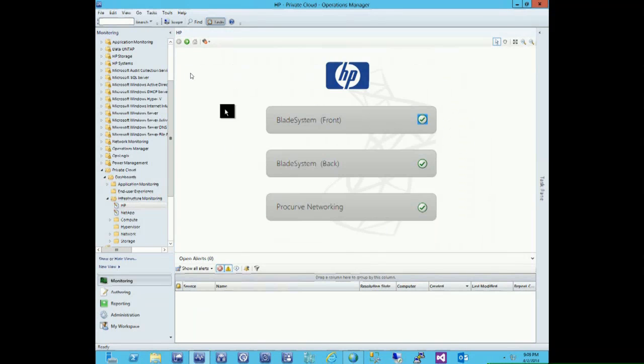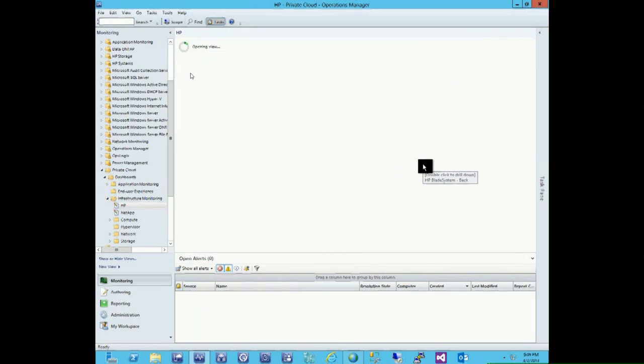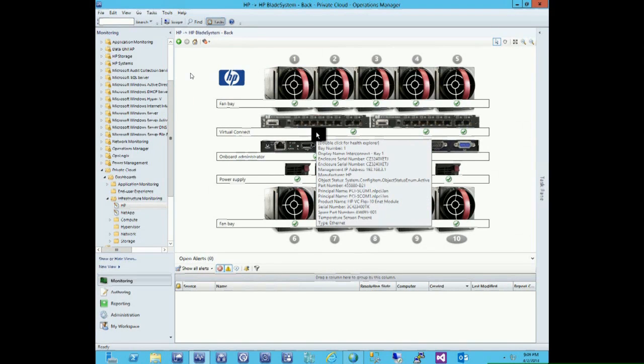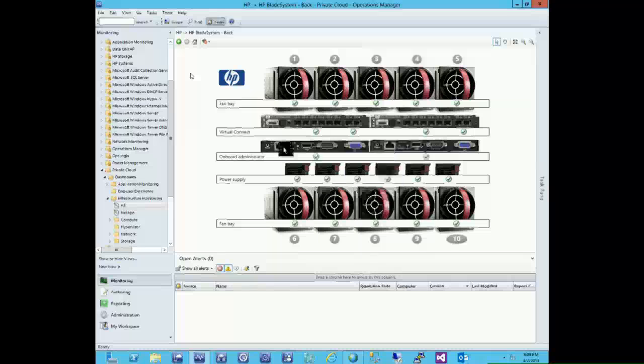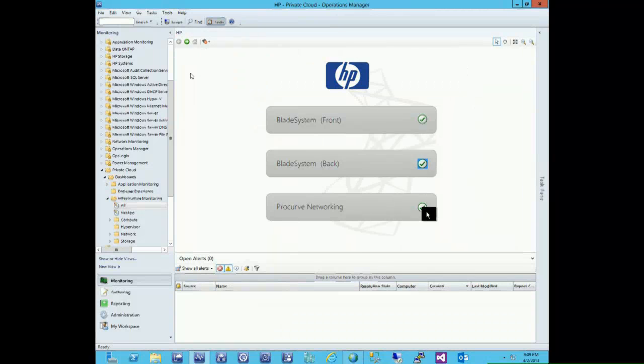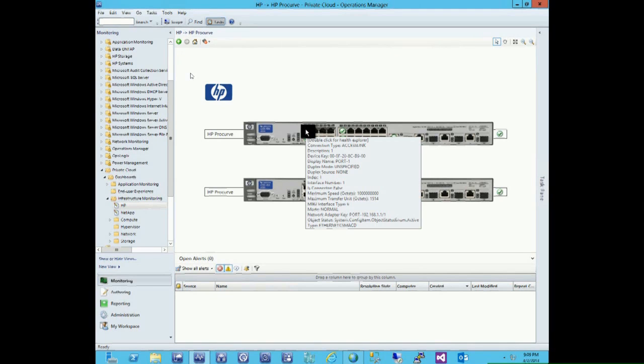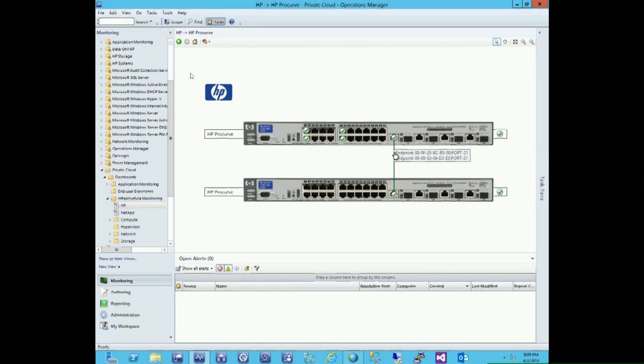And we can have a look at the back of the blade system, see about the virtual connects, the onboard administrator, the power supply, and I've just used images from the HP website in combination with Live Maps to create the background, and the states are actually live from the Ops Manager console. And with the networking piece, I did the same thing. I took the two model pictures from the HP website, dragged and dropped the information from OM on top of that,